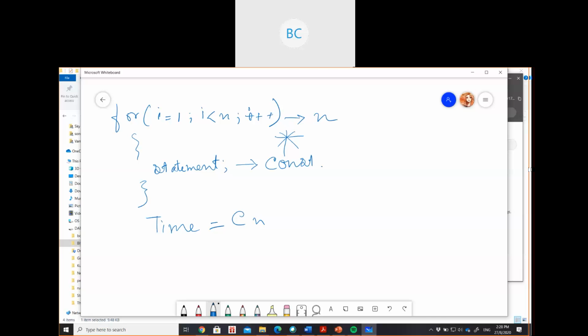If you multiply this, it will be Cn. Correct? This one is clear. It is Cn only, constant into n.